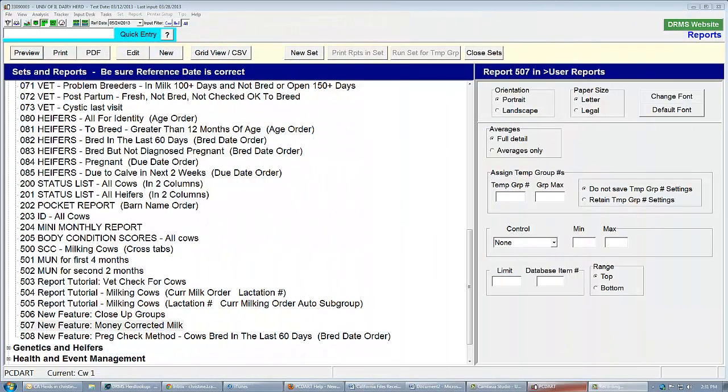This is a quick video to introduce you to the new features in PCDART 7.15.4 that should be out in June or thereabouts. The first thing we're going to look at is close-up groups. You'll be able to access those with